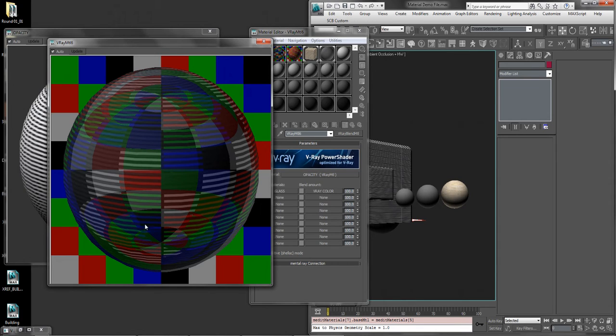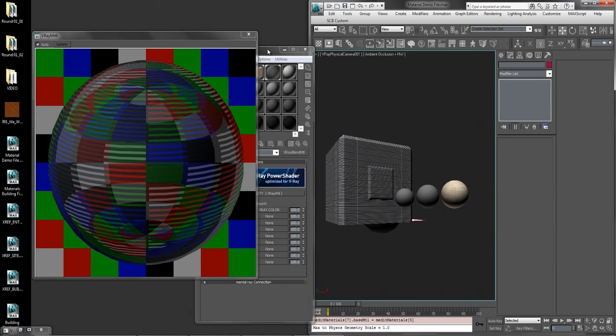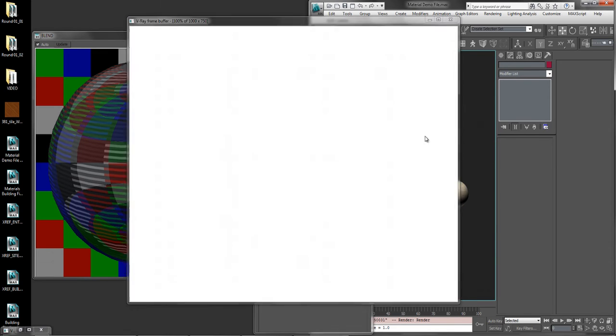So now it has the appearance as if this is now embedded within the glass. It's all dependent upon what you want to get out of the material. I'm going to call this material blend. And I'm going to apply to my object. And then if I render,